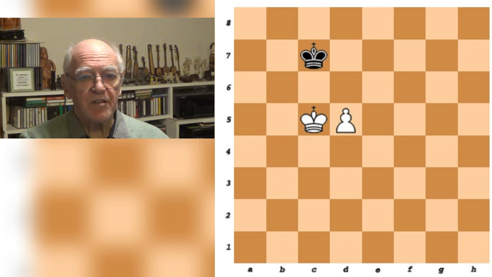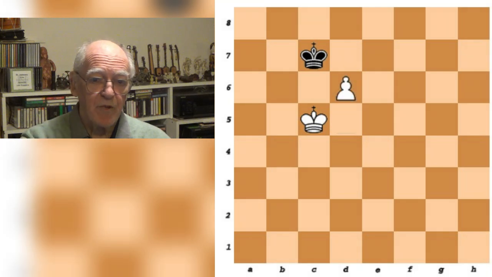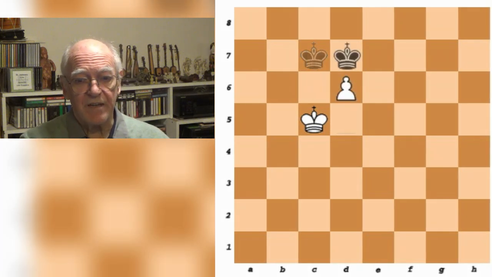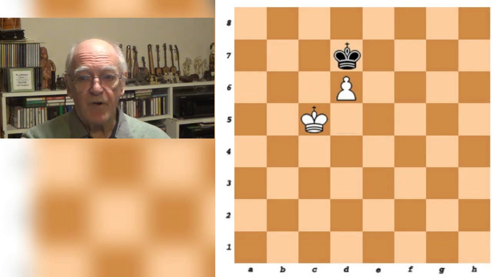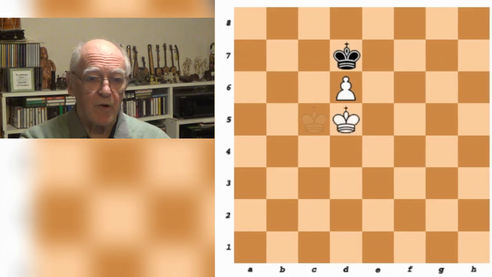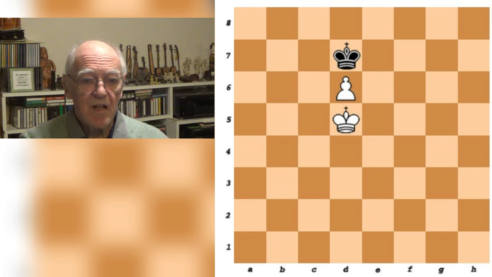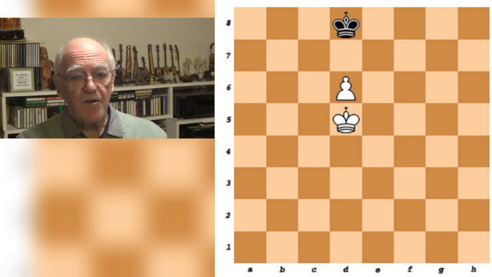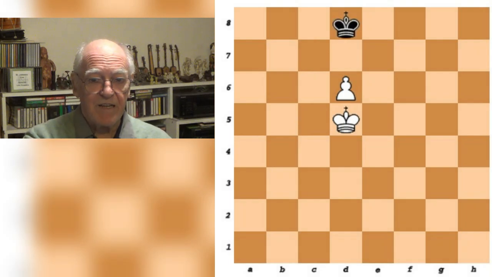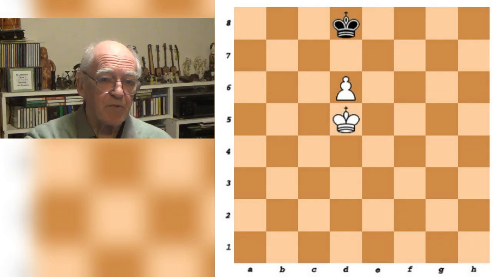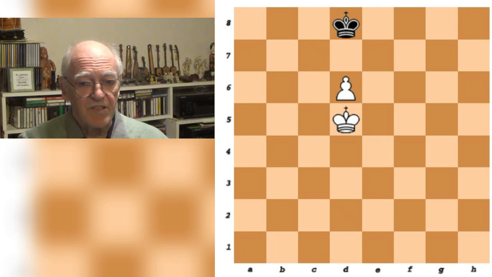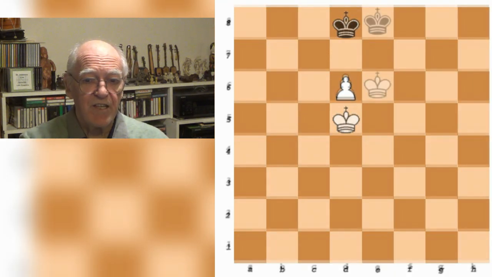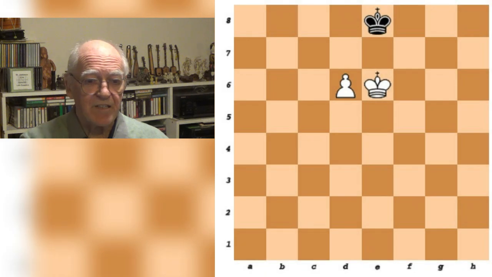Instead of moving the king back a row, white can also move his pawn forward to d6, after which the black king will go to the blocking square d7 again. The white king can then move alone to d5 again, otherwise black will take the pawn, after which black takes a step back to d8, from where he can take the opposition again. Eventually the situation comes that the pawn is on d6, the white king on e6, and the black king then takes the opposition on